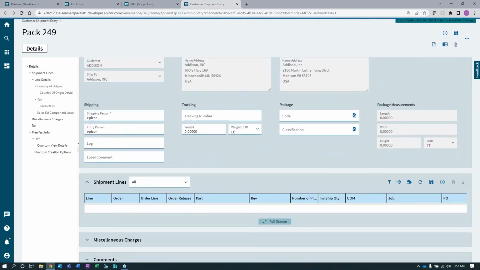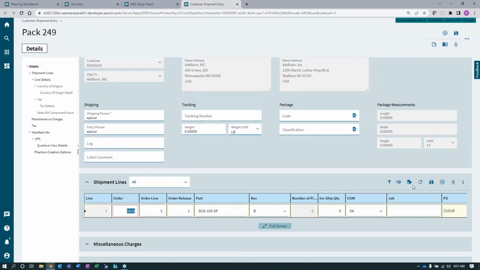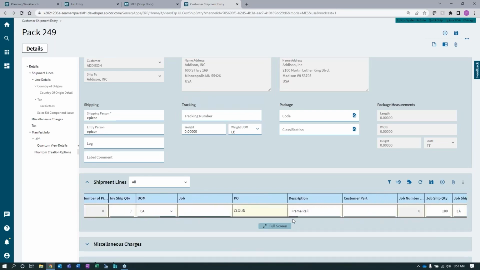So first is going to be mass ship. That's going to go pull in the line information. And then ship all is going to ship all of our completed quantities. Now, again, I didn't obviously go through every operation, but since I have the admin rights in my demo environment set up a little bit differently than a real life environment, it's pulling in that 100 completed job shipment quantity